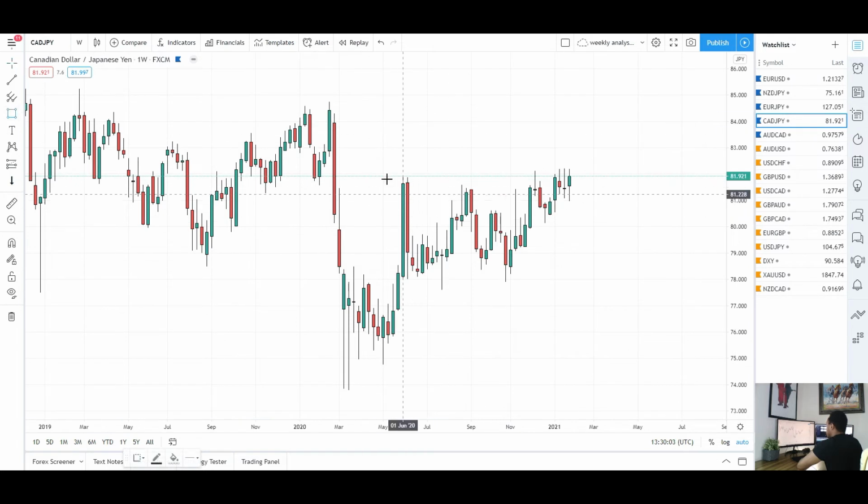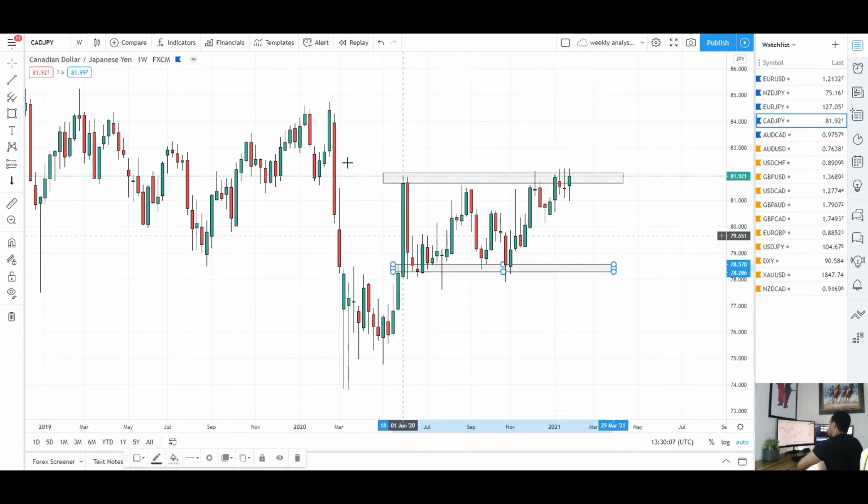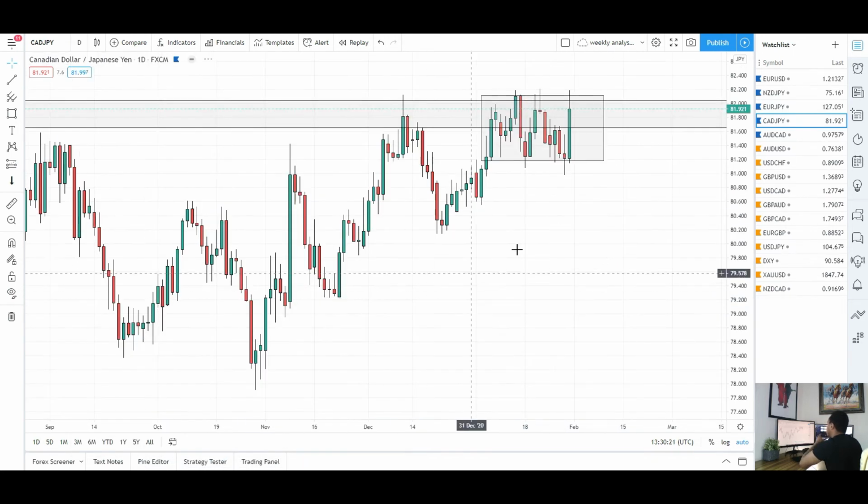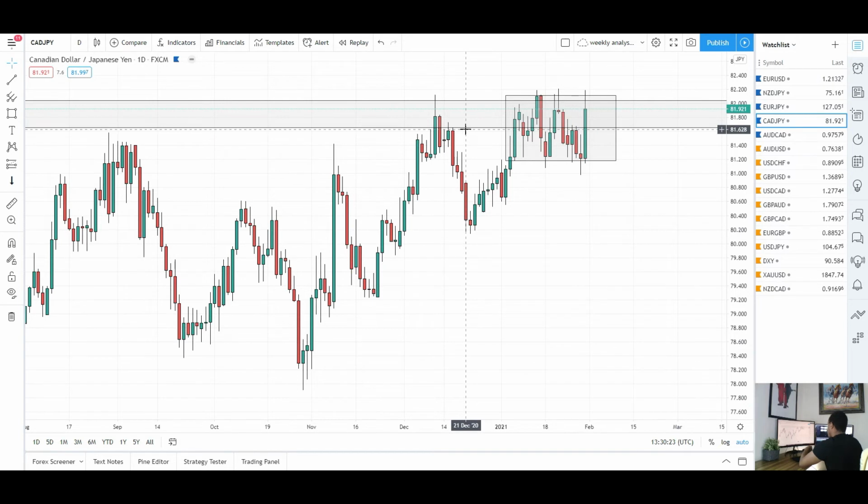So again, if I take this across, there's our resistance, there's our support. The overall direction from the weekly point of view is still ranging. But if we do hold at this level, we could see a nice swing back down and see another leg of this range pattern, just another test of that support all the way down there. So again, more of a long-term point of view. Right now, you can see we are ranging